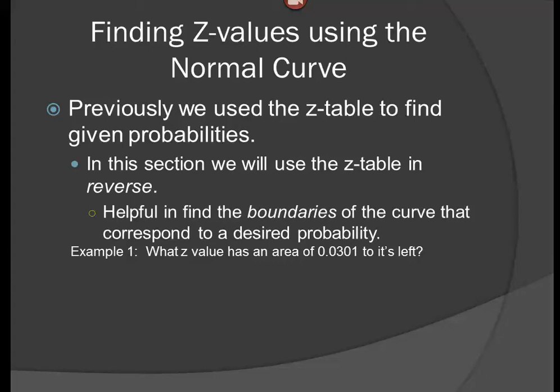Well, we know if we're on the left-hand side of the curve, 3%, of course, is a very small number. It's less than 50%, very much so, less than 50%. So that can tell us already where on the curve we are. We have to be to the left of 0 on the standard normal curve. So if we go to the negative area of our z-table,